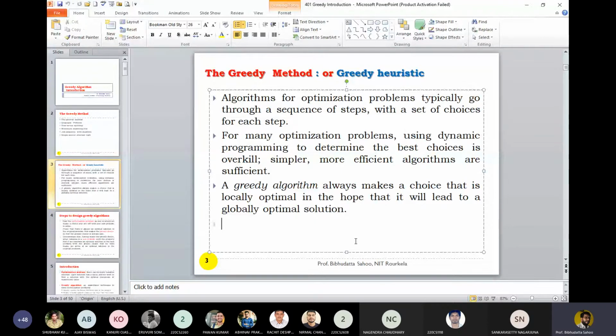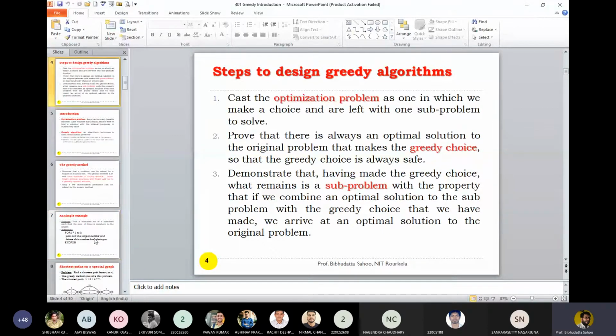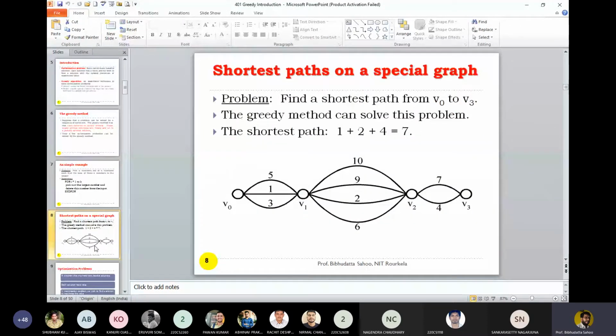Okay, so how do we design the solution to an optimization problem? The first thing is that we also have a subproblem concept, and the most important is the greedy choice. Whenever we start at the initial state, we have to make a selection, and when making the selection, we select what is best locally. So in an optimization problem, how do we select something locally? If I look at this particular example, that is a shortest path problem, which you should see on the screen.